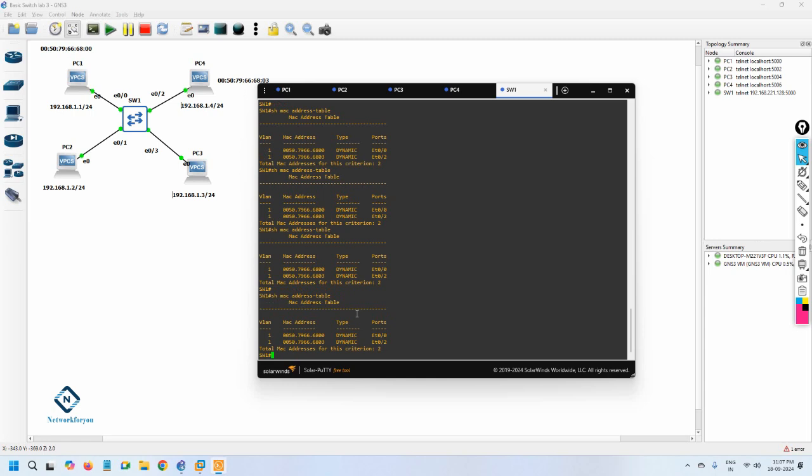So this is just the basics about the switch MAC address table information. So later we are going to do in